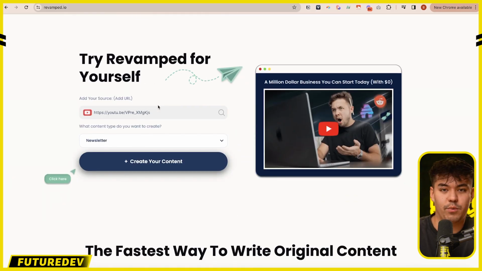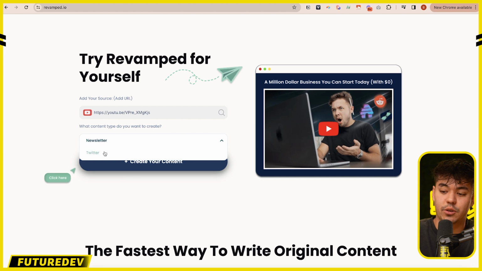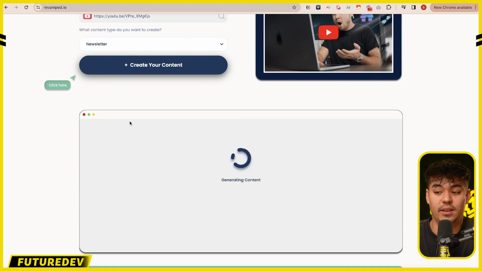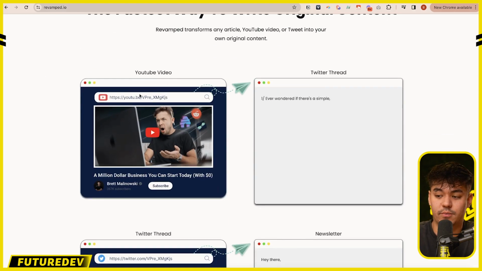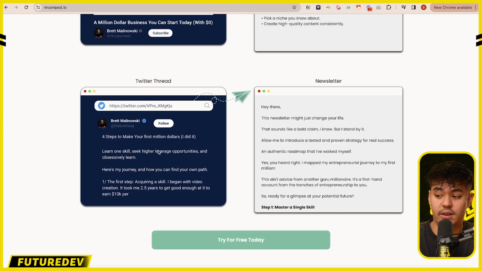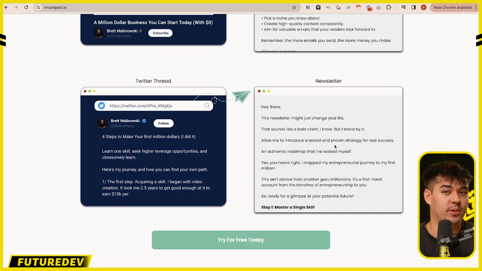And the easiest way to explain Revamped is it allows you to repurpose content however you would like and in different ways. So for example, I could take a YouTube video and turn it into a Twitter thread or a newsletter and simply just automatically create it. Now, for example, again, YouTube to, let's just say, a Twitter thread. So I could take a YouTube video, turn it into a really in-depth educational Twitter thread, or take a Twitter thread and turn it into a newsletter. And there are so many different combinations on how you can actually use Revamped to propel and really speed up